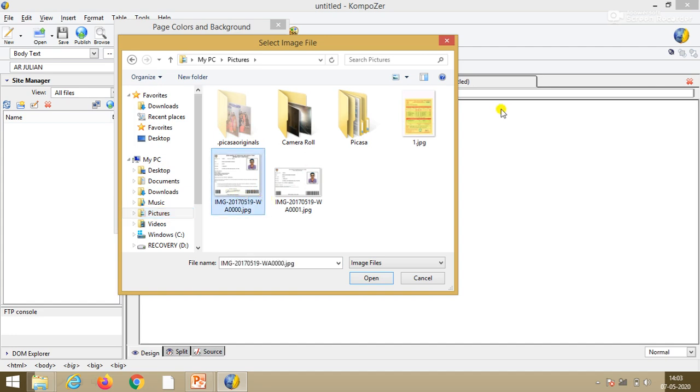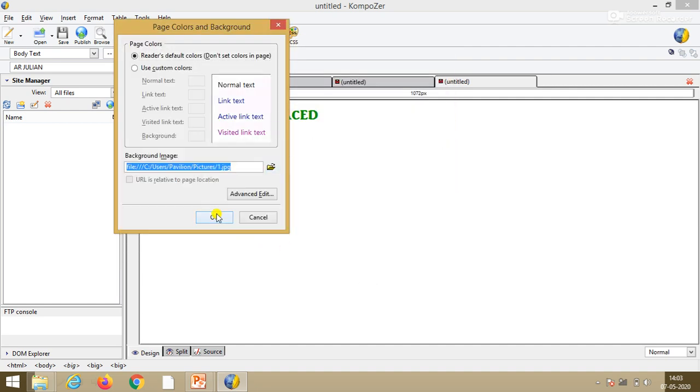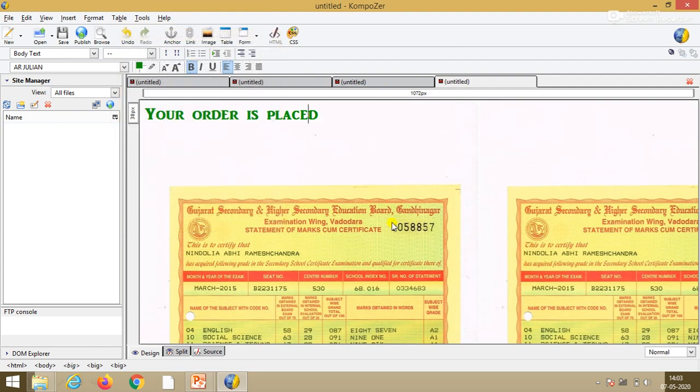We will take one image. Suppose I don't have any image regarding this, so I simply click on this, open, and OK. This is how the image is inserted.